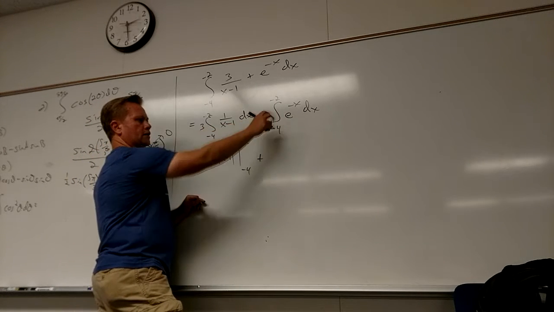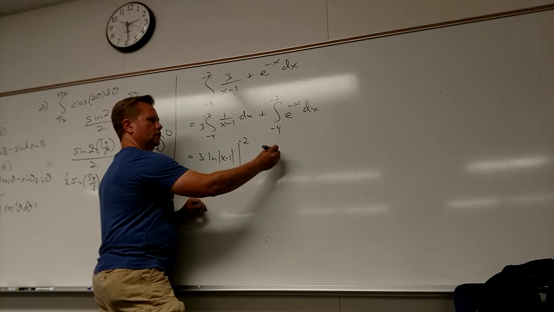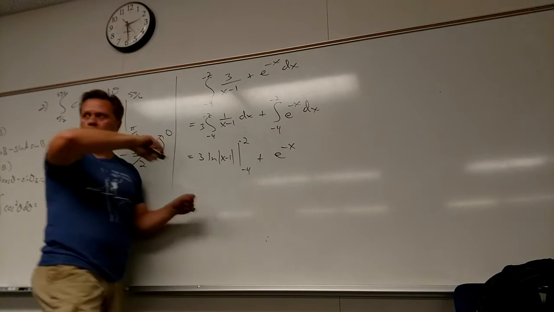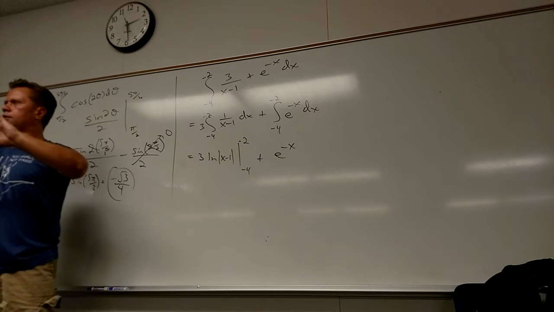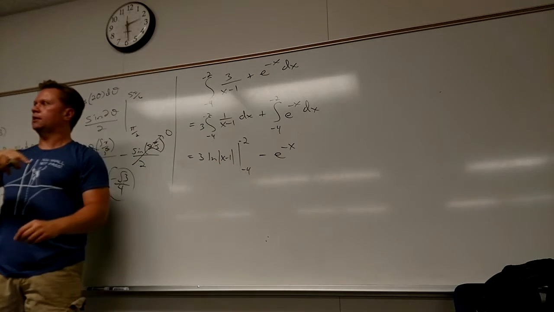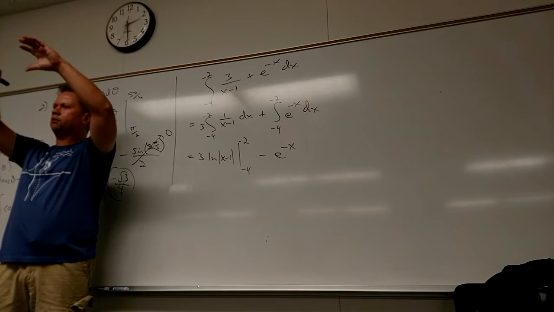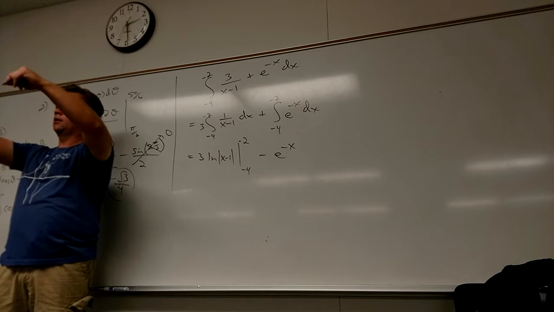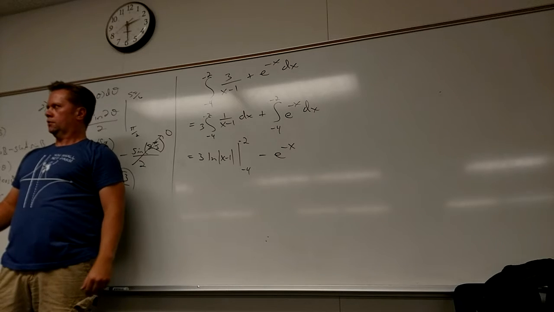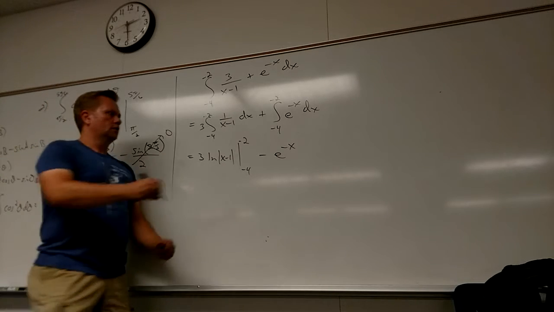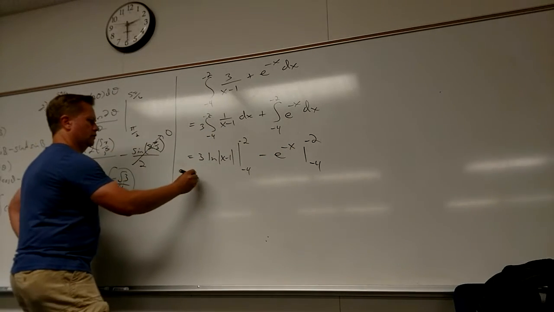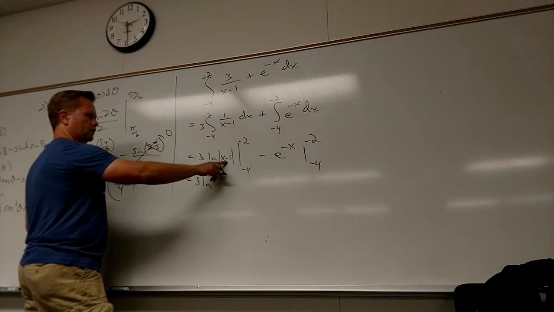Plus, what about this guy? It wants to be its own derivative, but the derivative would have a negative there, so you need to have a minus there so it'll kill it when it wants to come down. I always like to think about that. What extra piece would come up with what I've written down? What would I put there to kill it? Because I don't want it there if it's not there. From -4 to -2. So then I get 3 natural log of